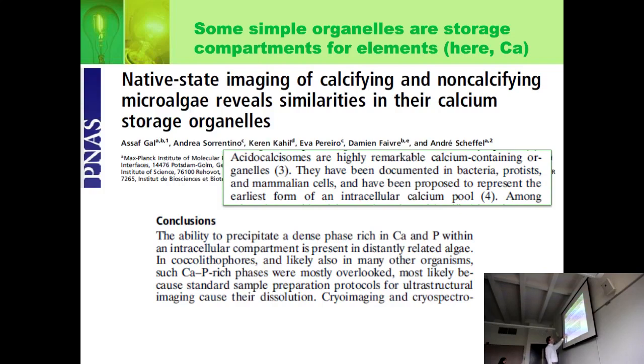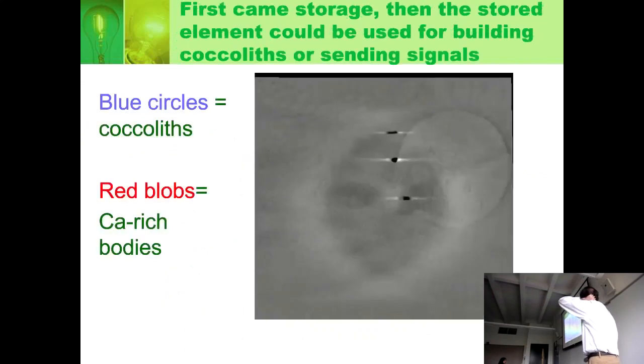And so what's interesting is that one of the questions you have to ask is, when somebody says, I found a new organelle, why didn't you see it before? I mean, organelles are the kind of things that you should see. But they give you a reason: these calcium organelles were overlooked because they're hard to see, and most people prepare them in a way that blows them apart when you're looking at a cell. But they did this, and I hope this works.